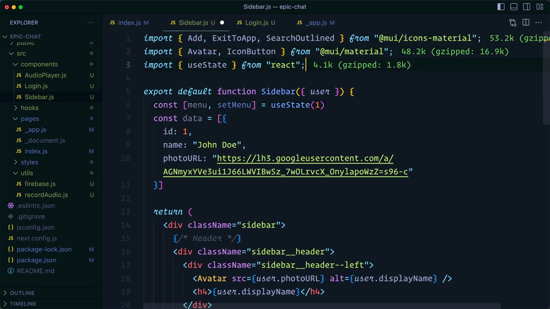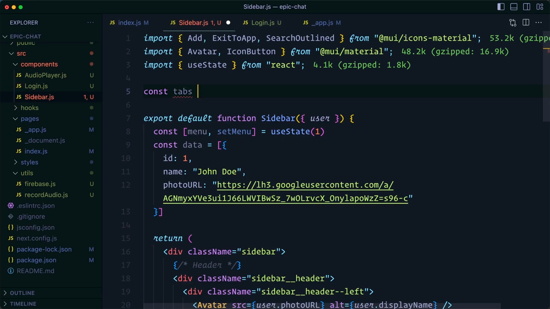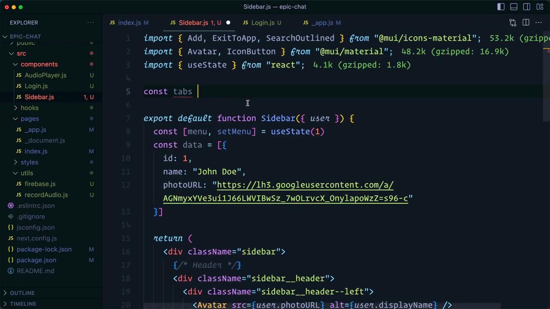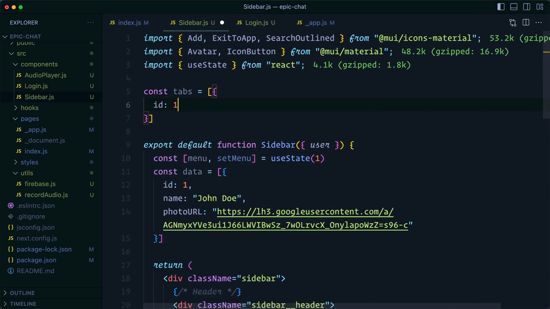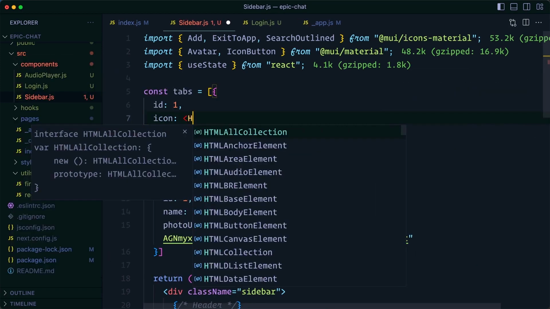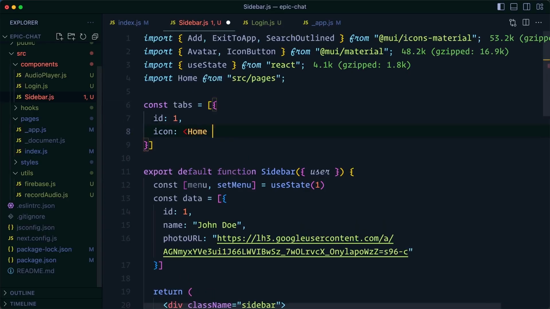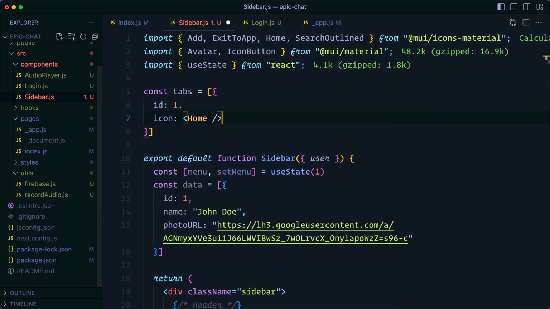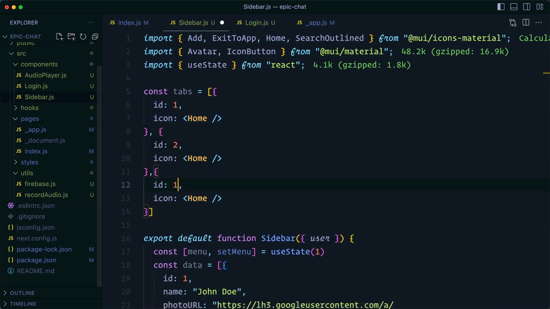Now, we're going to start with an array of tabs. Since we have something repeating here, we have the same structure, we can just abstract this into an array of objects where we have an ID of 1, and again this is the menu ID, and its associated icon, which for the first tab is going to be the home icon. So we want to import the home icon from MUI icons material, and we'll add 2 more objects to this array. We'll have an ID of 2 and 3 with the icons message